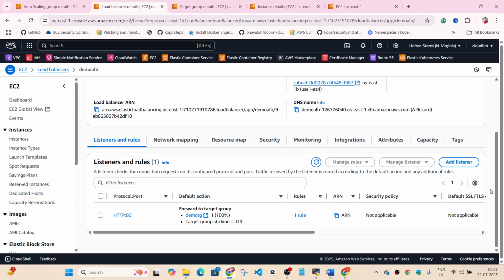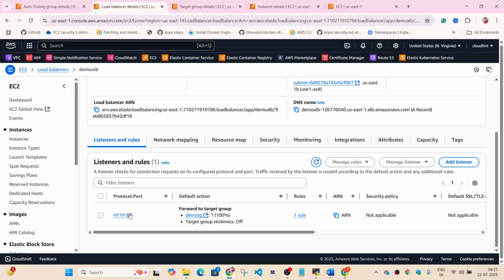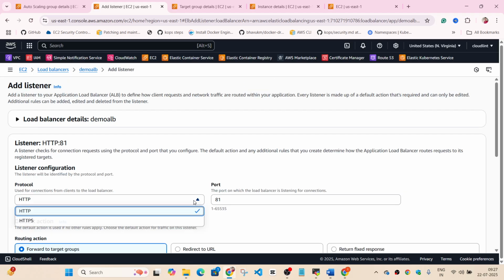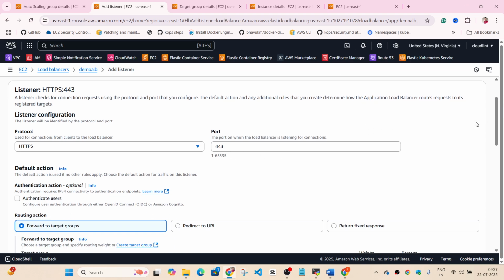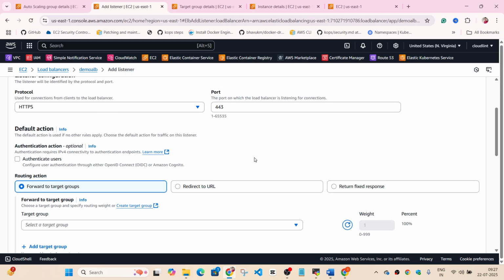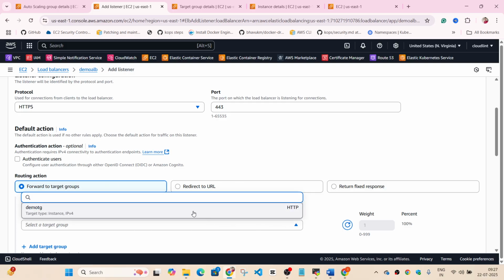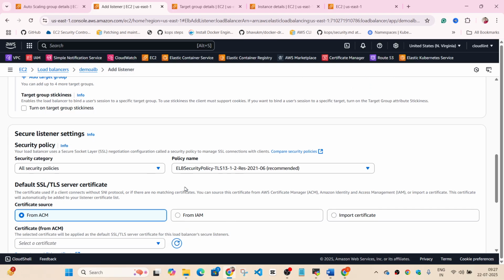Okay, if you have a requirement where you have to add an SSL certificate, you can create another listener. So this is HTTP 80, but we want port 443 with HTTPS. So you can go to add listener, choose HTTPS. It's going to change to 443 by default, but you have the option to customize this port also. And then you get the option what do you want to do. So I want to redirect all the HTTPS traffic to HTTP behind the scenes. So I can choose the target group, and after that you get the option to attach a security policy.